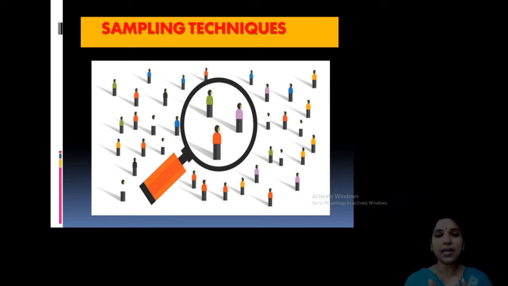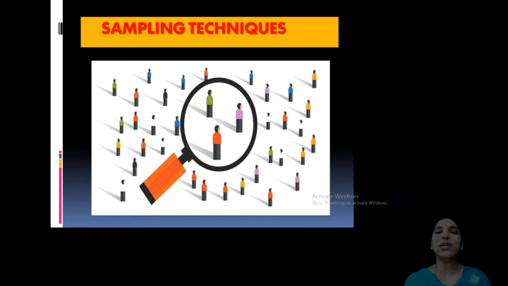Understood? So sampling technique is very, very important in biological sciences, agricultural sciences, even in business, geography and all studies. For example, when the academic level of a university is going to be studied, it is very difficult to study all the students studying under the university. So they will classify or group them based on some criteria, and from each group they will draw samples and study. I hope you understood the basic thing behind sampling techniques.